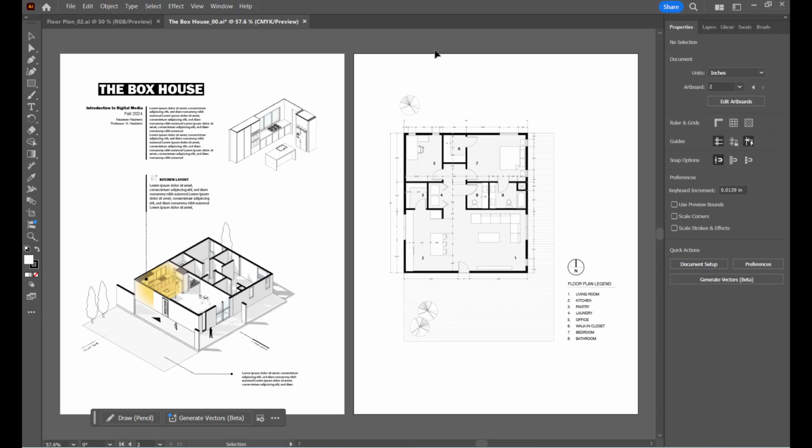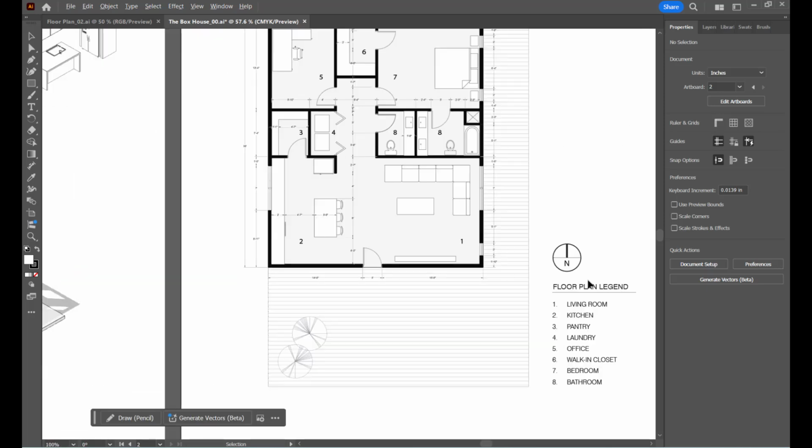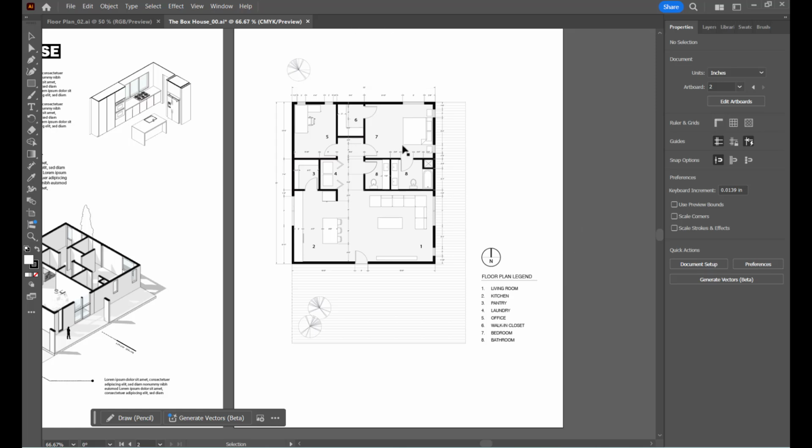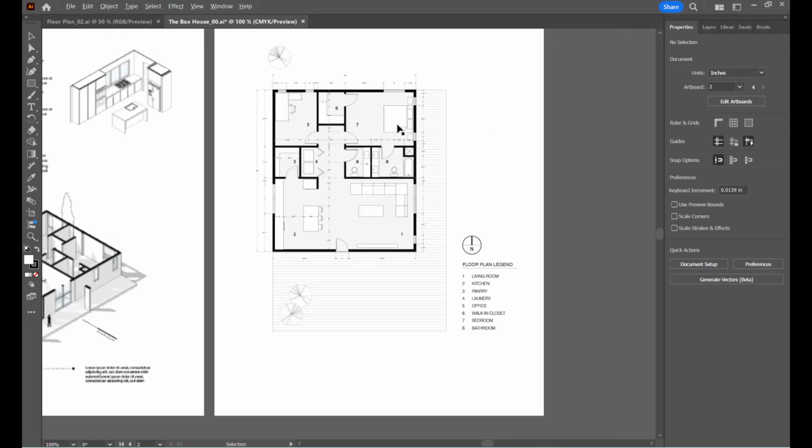Hi everyone. Okay, here we are still working in Adobe Illustrator, but this time we are working on the floor plan graphics. Okay, so what we are going to produce is going to be something similar to this floor plan. So what we need to produce and to start with is an AutoCAD file of this drawing that you already